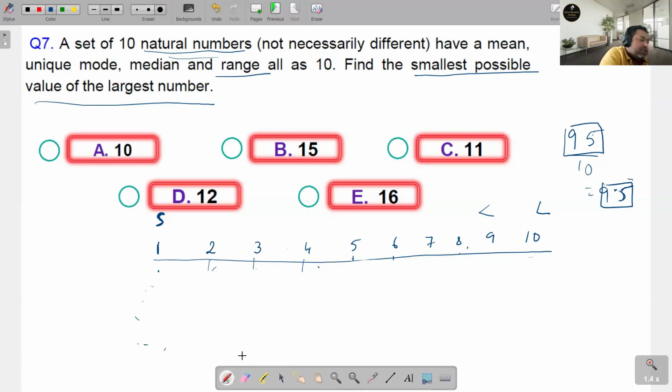In that case, we'll see the smallest number will be 2, and we have a 12 here. All right. Now let's try and explore this again in the same way. We'll have a 9 and an 11, and we'll have an 8 and a 12. This time we can have a 12 also. Okay, so if we put all of them as 12 over here,